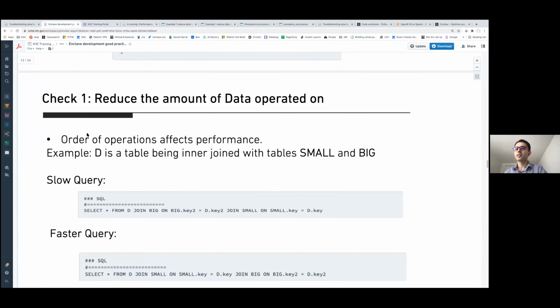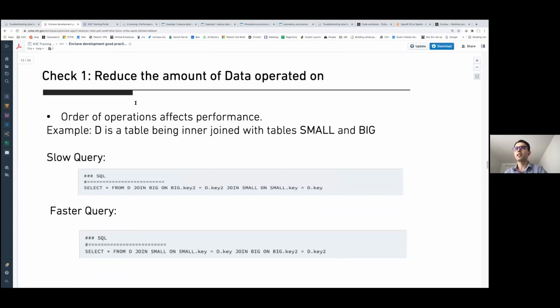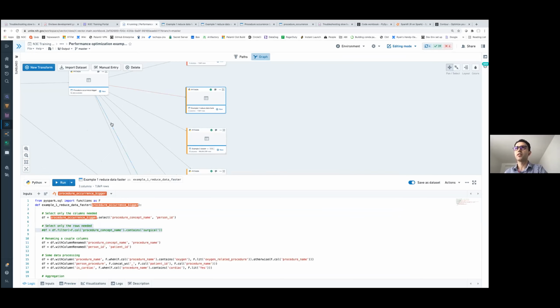The other thing, still in the theme of reducing the amount of data operated on, is the order of operations in which we do our processing. And let's look at another example here now in SQL.